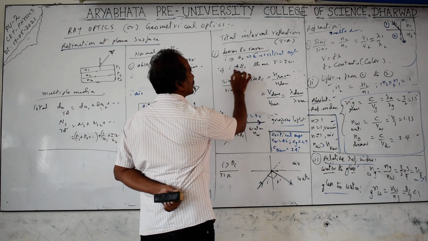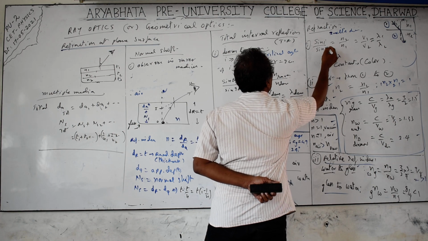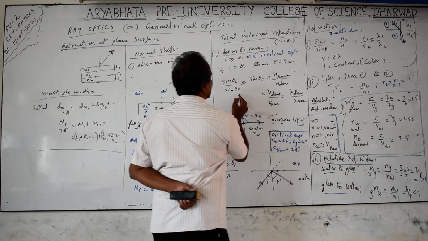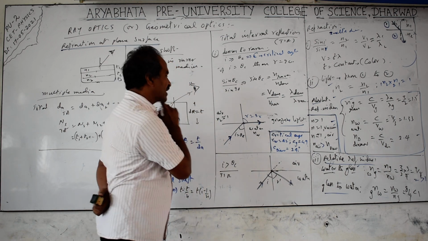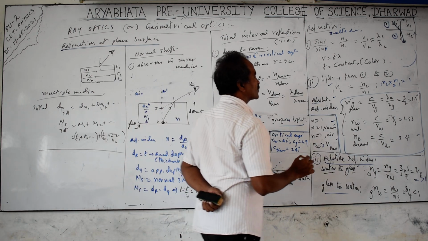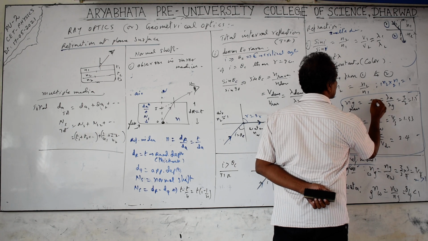Substituting the values into Snell's law, sin i by sin r, r becomes 90, and sin 90 is 1. This i becomes equal to what is called theta C. They don't give theta C, but they give it as C. You have to be careful: speed of light is also C, but this is a small letter c, the symbol is a little smaller.